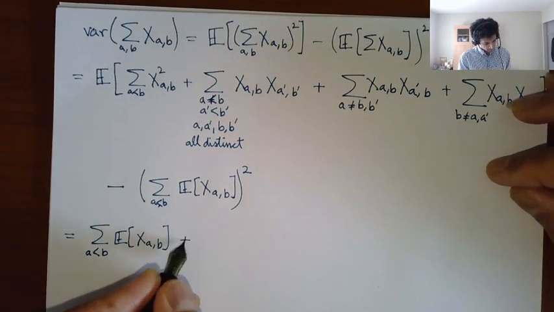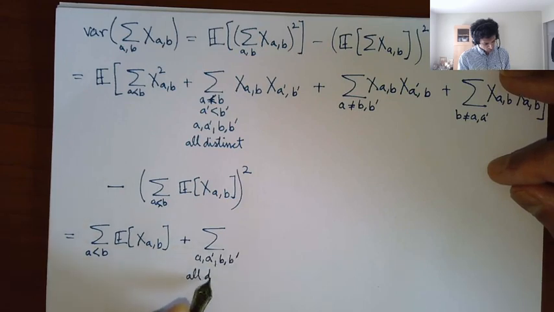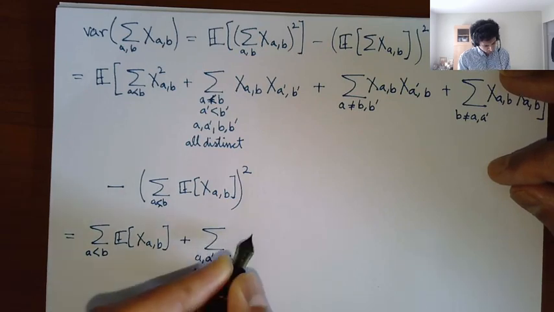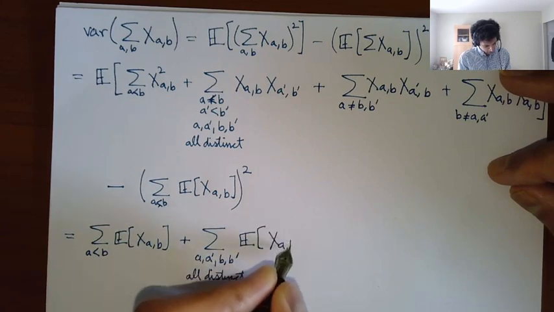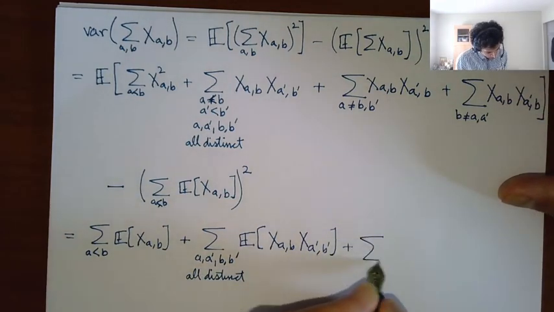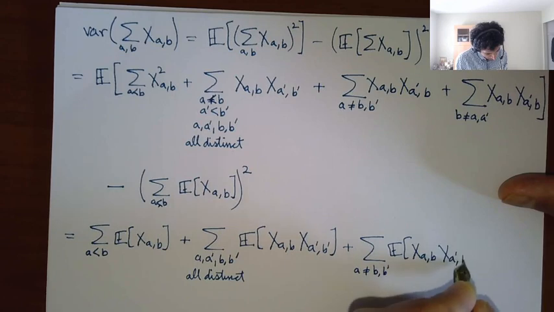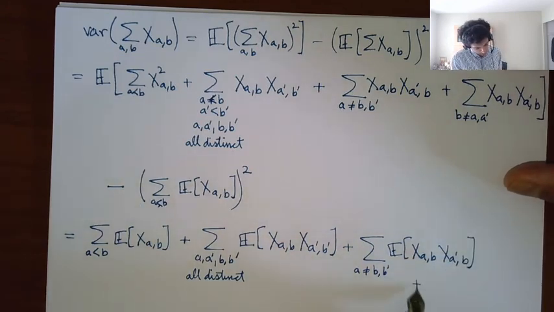I get the second term, the summation over a prime, b prime, all distinct, of the expectation of xab xa prime b prime, then the summation with a not equal to b prime of the expectation of xab xa prime b, plus the summation with b not equal to a prime of the expectation of xab xa prime b,